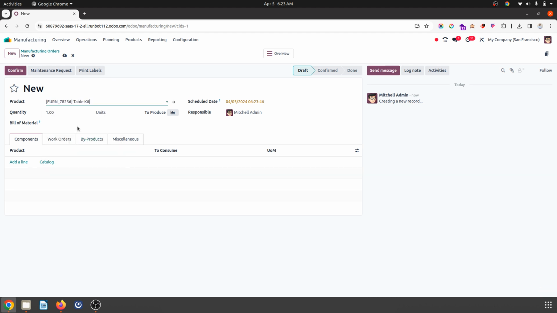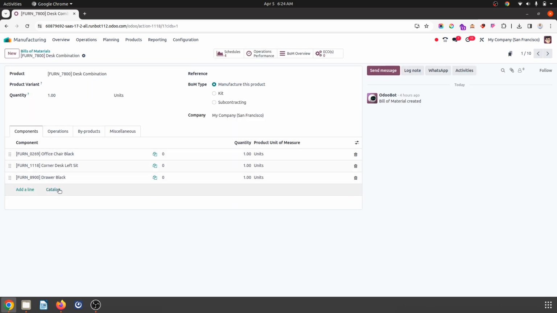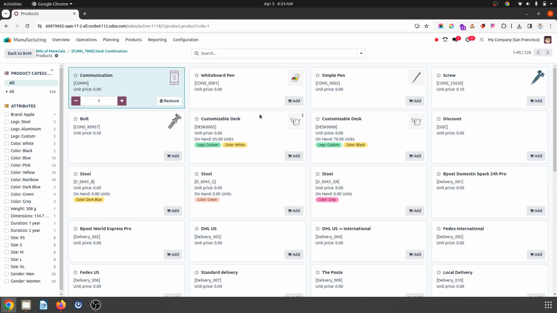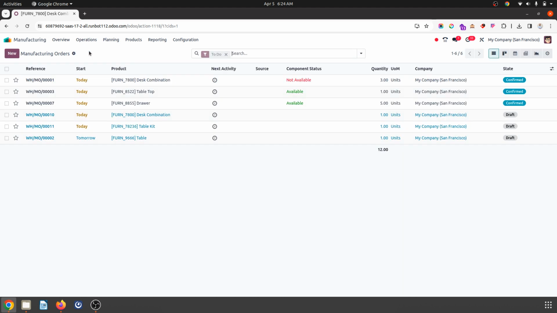so here, when I am using a bill of material, so desk combination is bill of material. Over here now you can find catalog, so very quickly you can go and add your products into the BOM very easily. Okay, so this feature is inside the BOM also, and when you are trying to release a